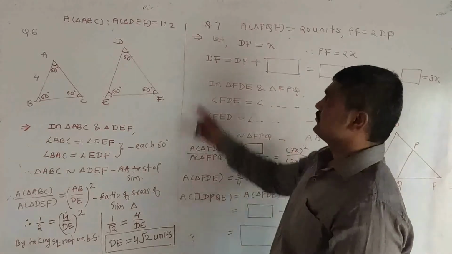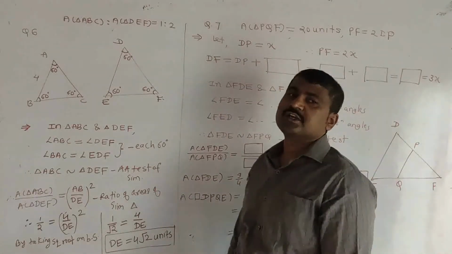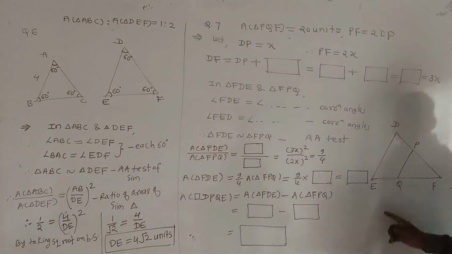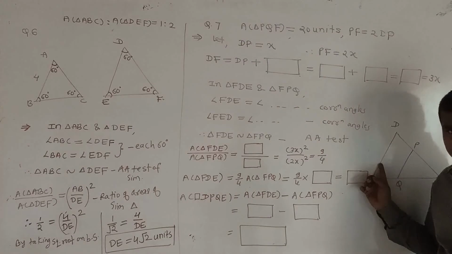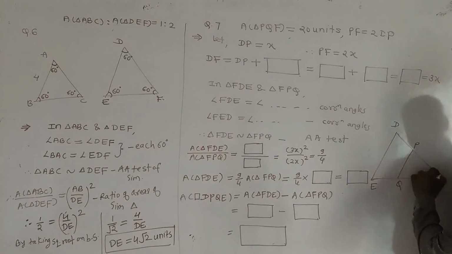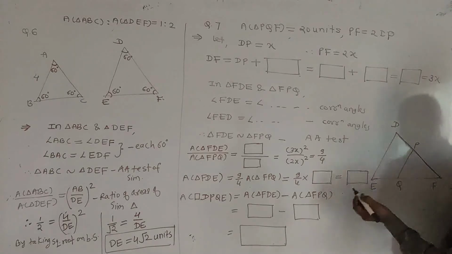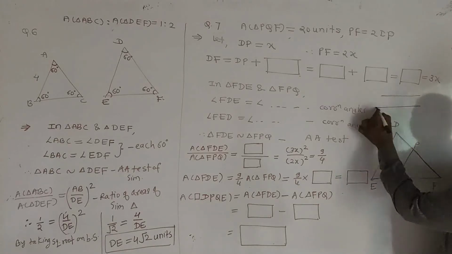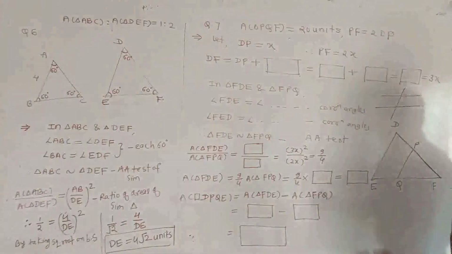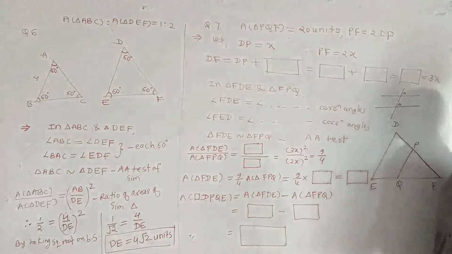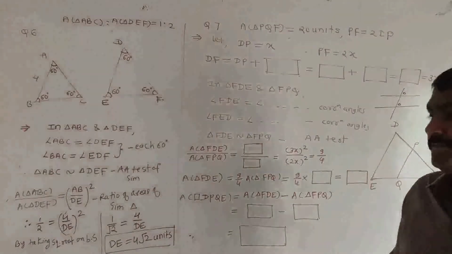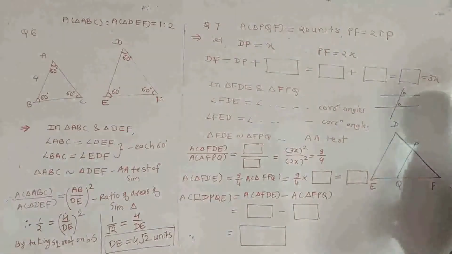So now question number 7. This is the last question of the given exercise. What is given here in the given exercise? PQ is parallel to DE, given. PQ is parallel to DE, and this is the transversal. So you can say, see, we know when two sides are parallel, and this is the transversal, this angle and this angle are the same, which is called corresponding angle. Understood? So we can apply this concept here.